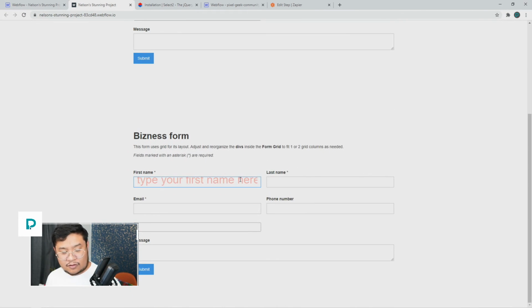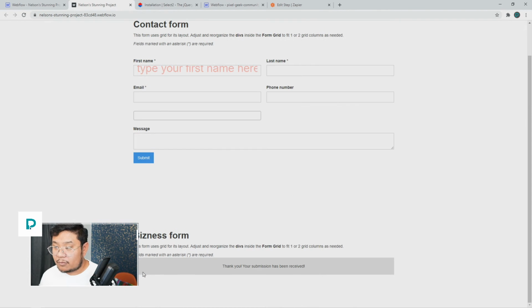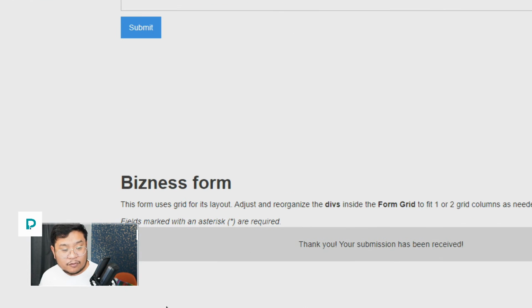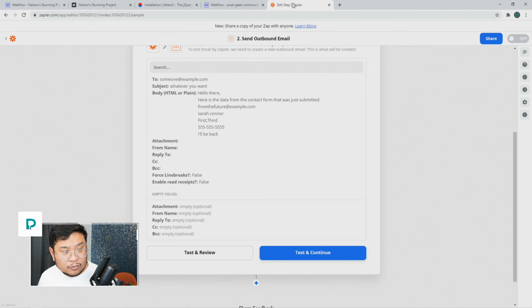Let's go ahead and start typing something. Johnny Business. Email. I don't know. At example.com. Phone number. And then select fields, we'll just do third, and hey there for the message. I'm going to press submit, and there we go. My business form has been submitted. So I've made fake data. So what I can do with this